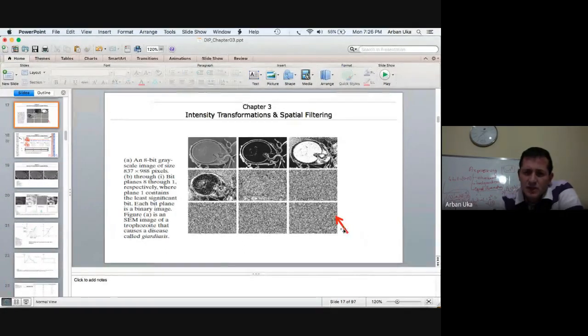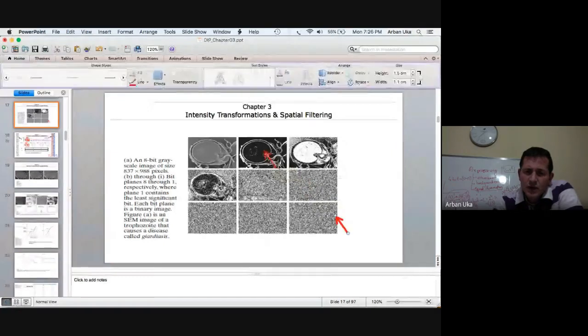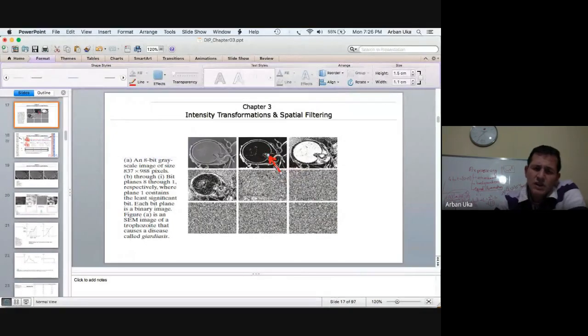But if we see this other image here, the one we denote with a red arrow, it has the most significant bit. The most significant bit means that we try to quantify the whole range into two significant domains, which in principle is the same as having a binary image, whether it's 0 or 1. More details we can see in this slide.